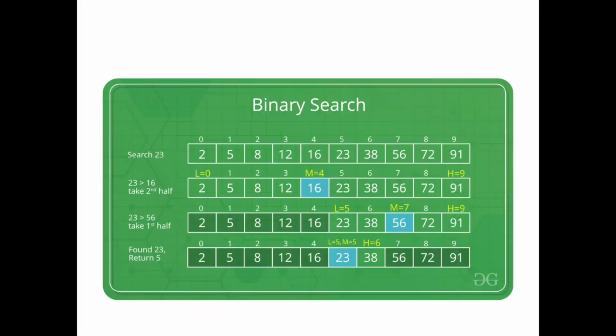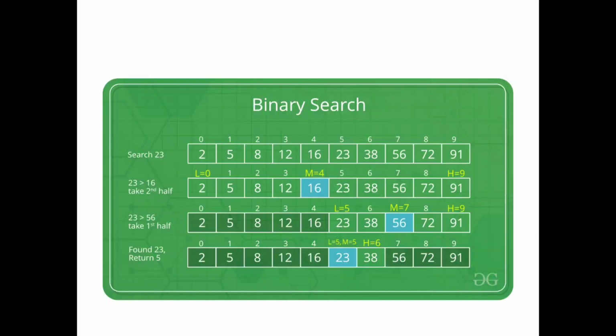If you compare the element with 23, 23 equals 23, that is, both are identical, then it will generate the output as element found at which position. First, you can see the first diagrammatic representation is the elements we are passing, the first array we are passing. Next, in the second diagram you can see the mid element.